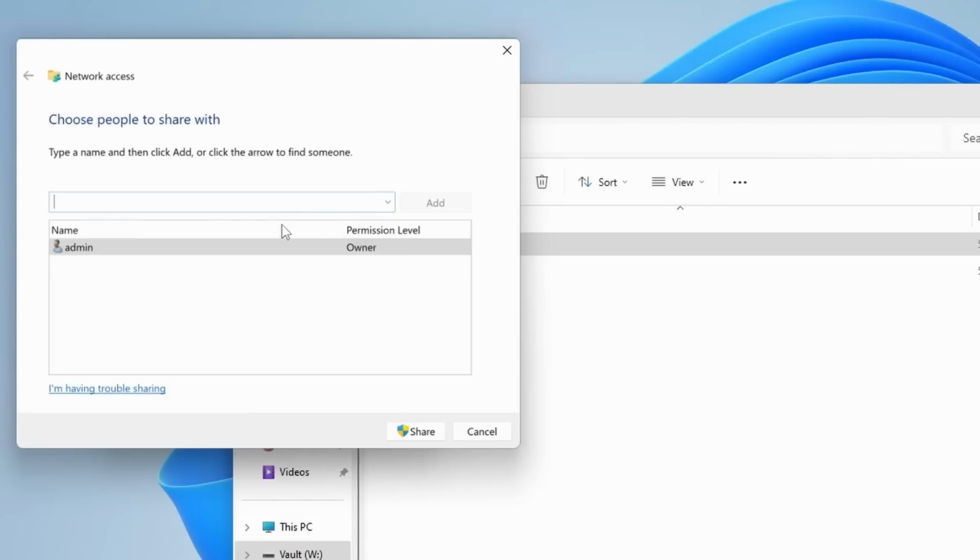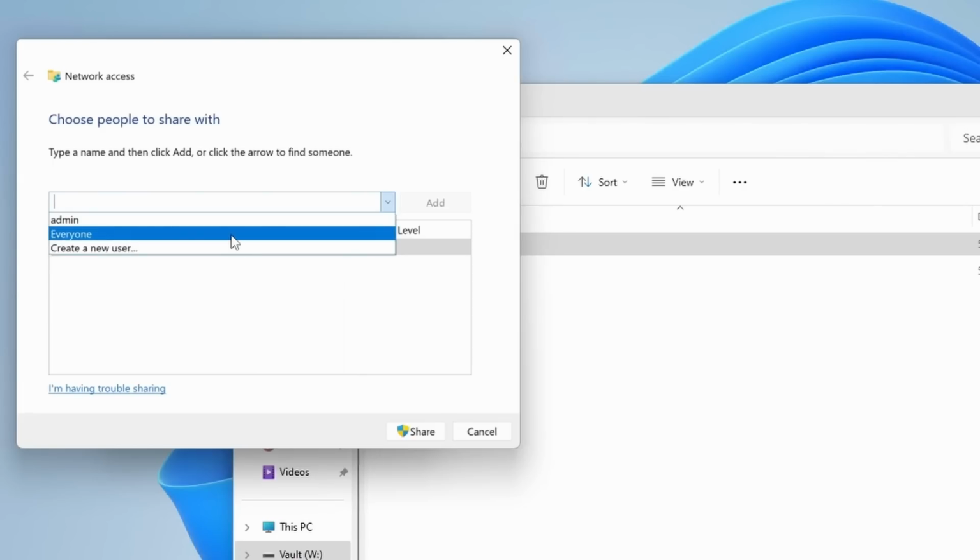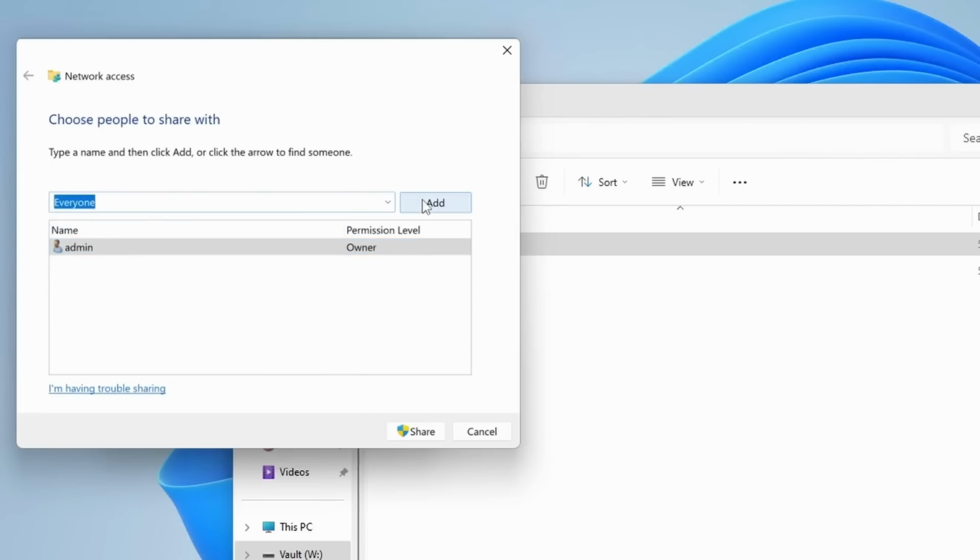This is probably really one of the only situations that I can think about where I'd actually use additional users on a Windows system, is giving them various permissions in various shares. You can always add a user by clicking right here. You could say everybody, so everybody has access to view this, or you could give view access specifically to an admin. One thing I'll note, let's go ahead and add everyone to this just as an example.